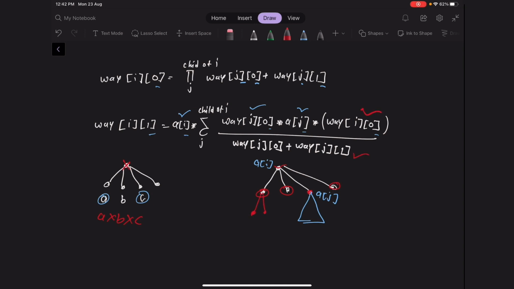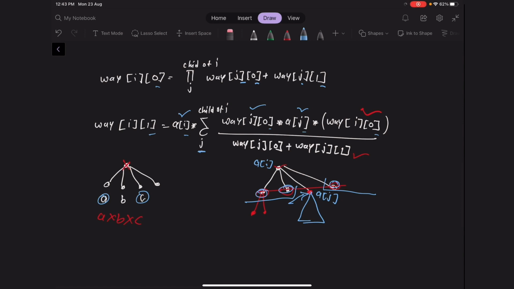So here what we are doing is we are multiplying the ways of all the children combined, and after that dividing by the ways of this specific node. So it will be equal to the product of all the other nodes except this one node. So this is like a prefix multiplication of these nodes and suffix multiplication of all these nodes. Now we will iterate over all the children, and we will assume that now we are connecting this parent with this specific child, and we will add all the results.